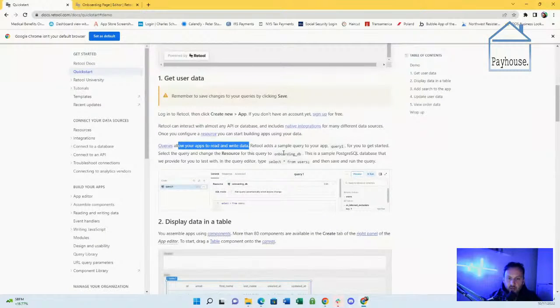Retool adds a sample query to your app, query 1, for you to get started. Select the queries and change the resource for this query to onboarding DB. This is a sample PostgreSQL database that we provide for you to test with. In the query editor, type select asterisk from new users and then save and run the query.